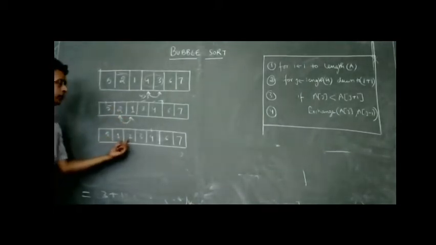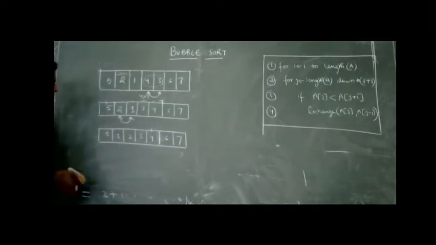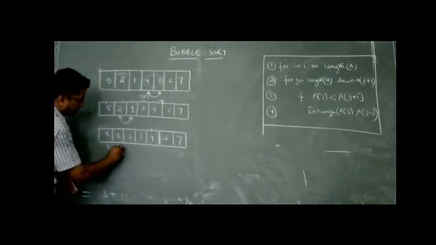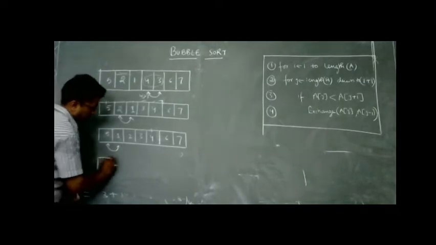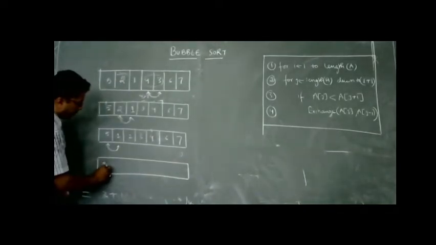So we shall repeat the same procedure with the first element. At the first position there is element 5 and at position number 2 there is element 1, and 5 is greater than 1. As per our initial condition, if there is an element which is larger than its right side element, then the swapping takes place. So again the swapping will take place and the final array would be like this.